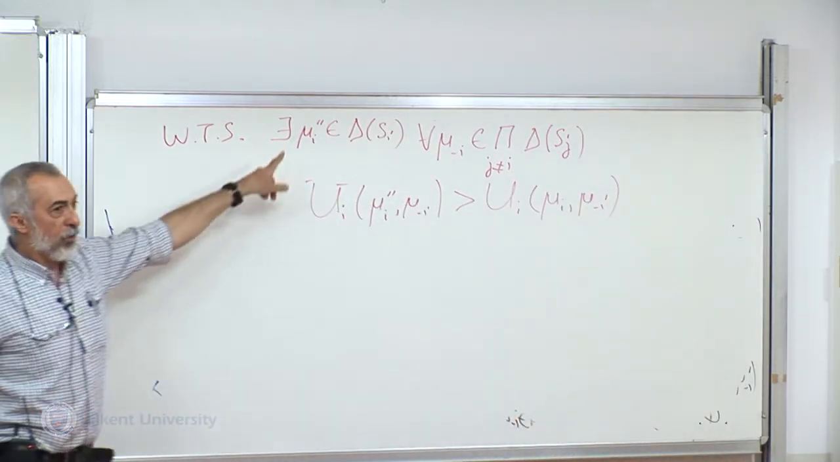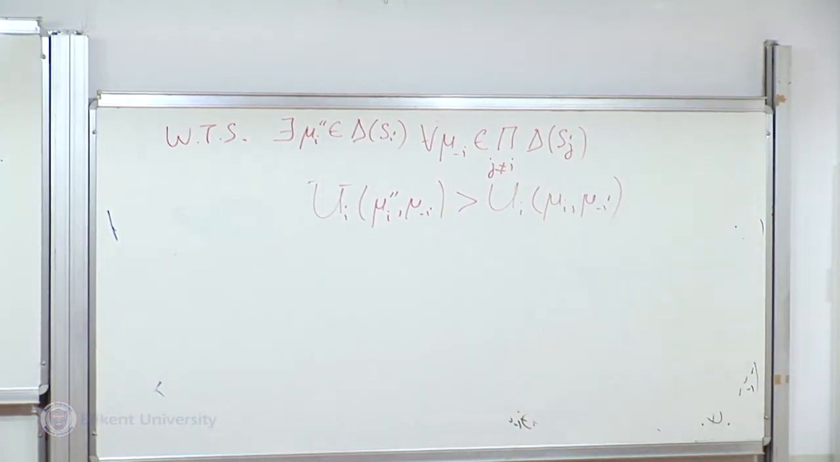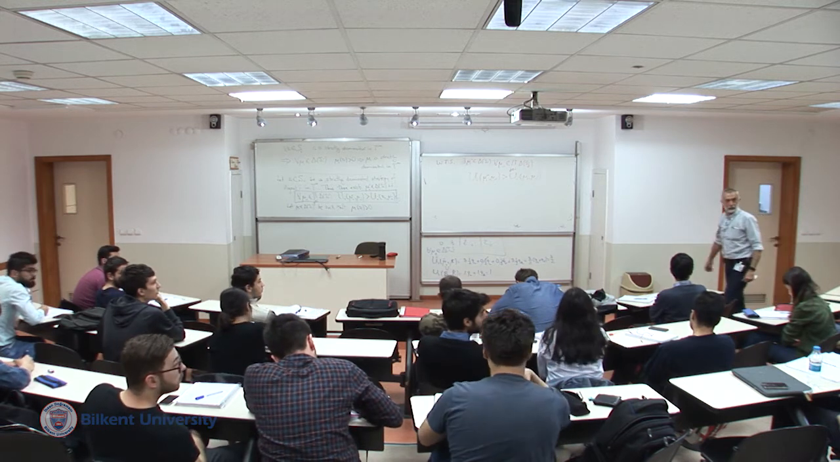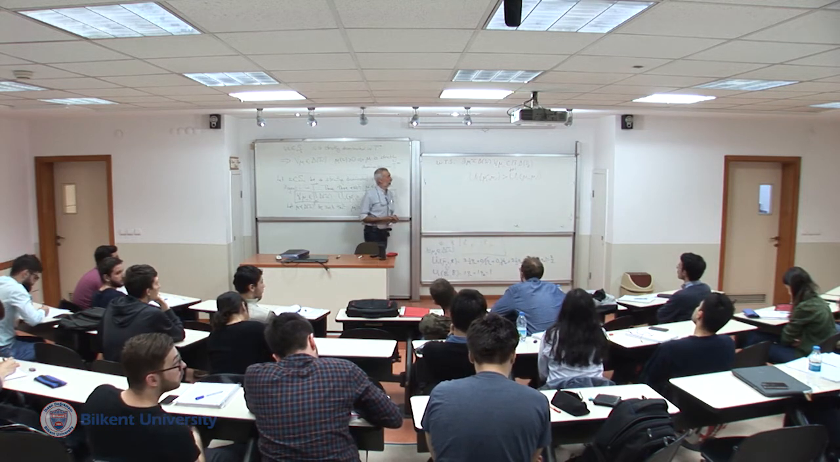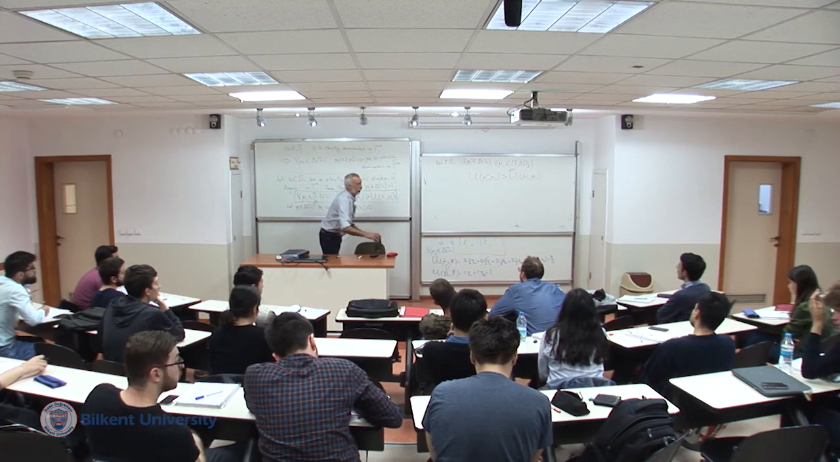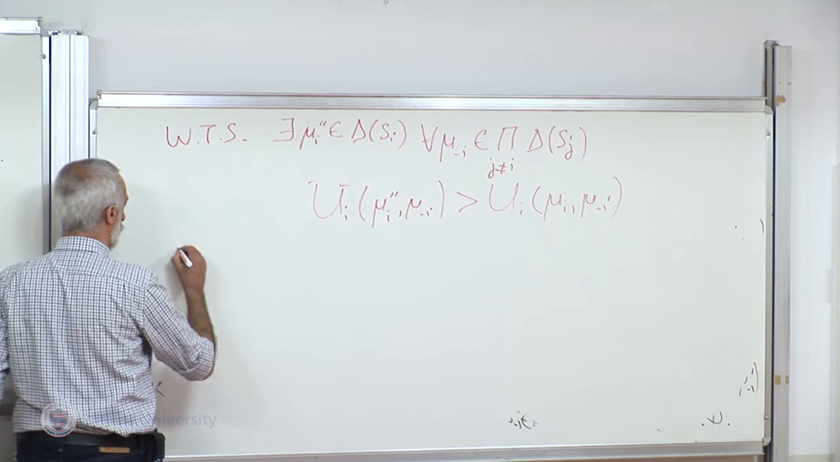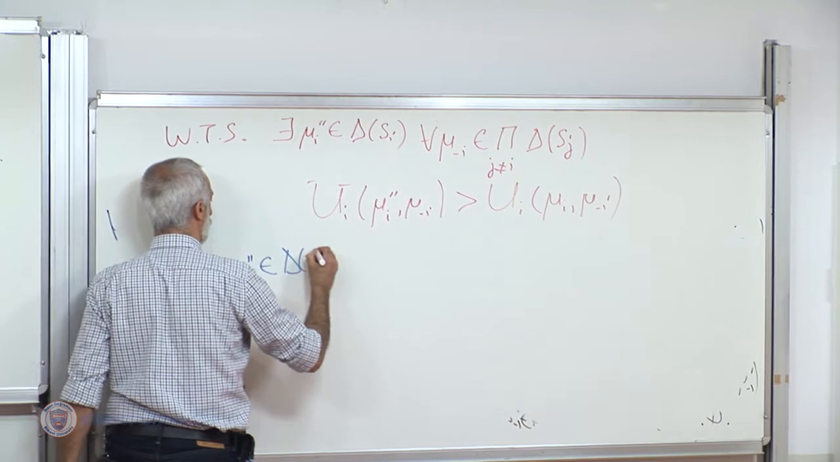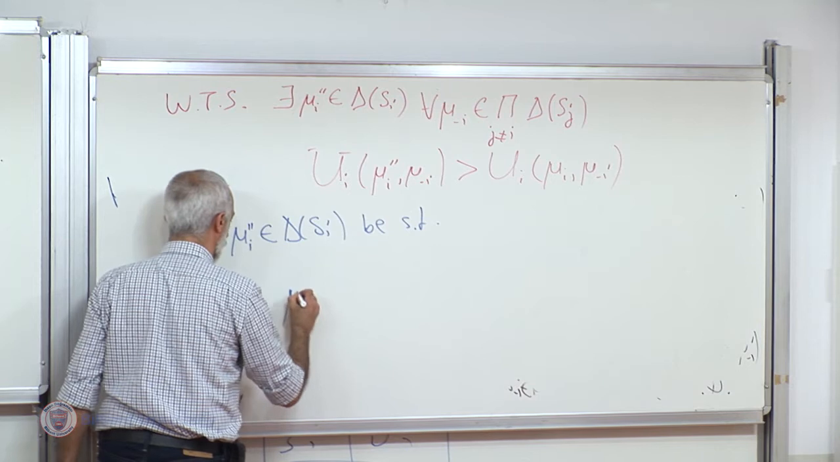I will define a mu i double prime, so that I will take all the probabilities assigned inside mu i and redistribute them accordingly based on mu i prime. So your friend is saying that, so let's try that. So let mu i double prime be such that mu i